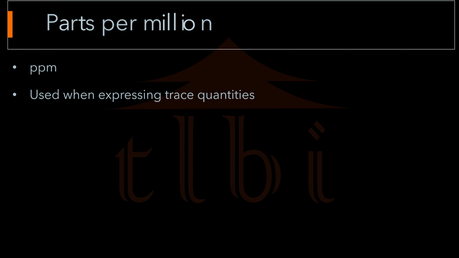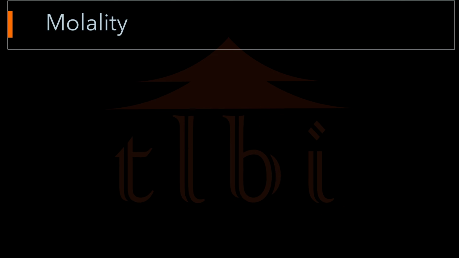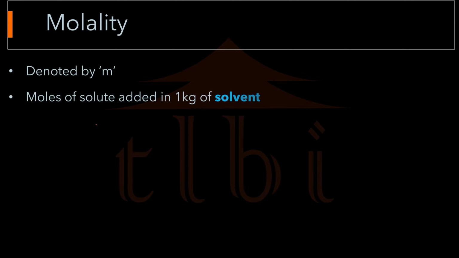Okay. Moving on to the next one, we have molality. It is denoted by m. And how is it defined? Now this one is different than the rest, because the moles of solute are added in 1 kilogram of solvent. Weight is taken in the denominator. Now the moment weight comes into the picture and volume doesn't, that means it is not affected